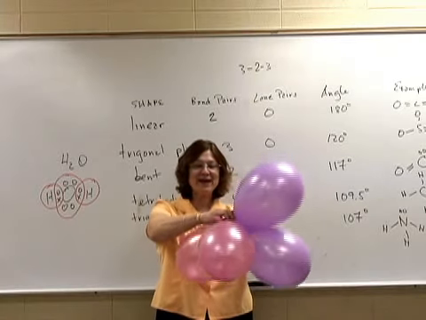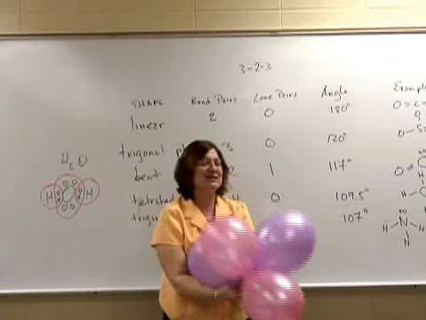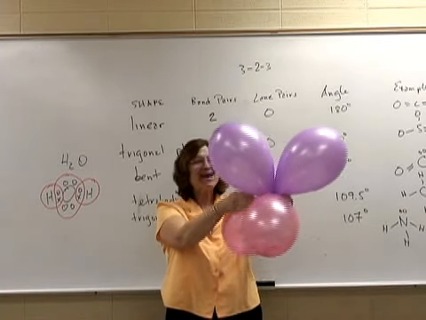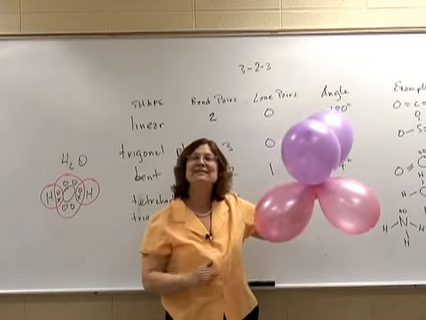And here's another lone pair, and she's running them around and around. There you have it. We have 2 lone pairs and 2 bond pairs, and you can see this is a